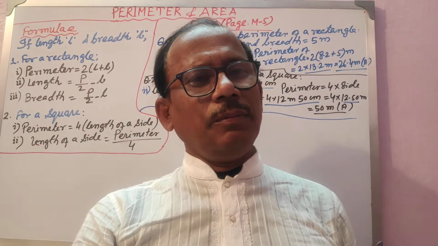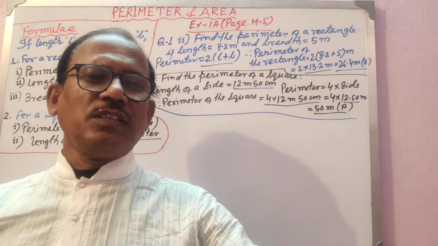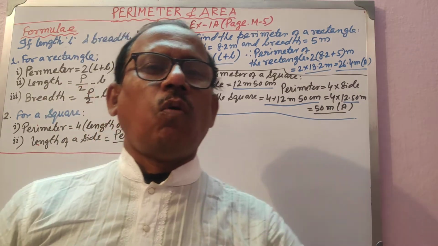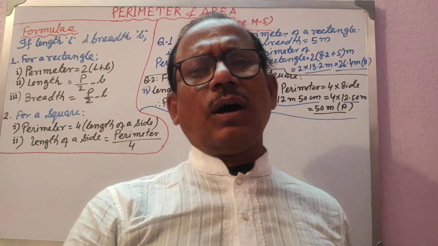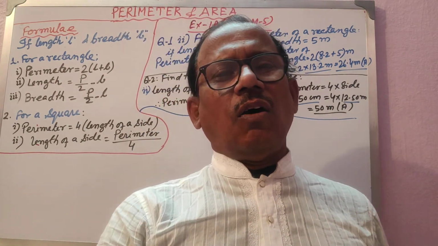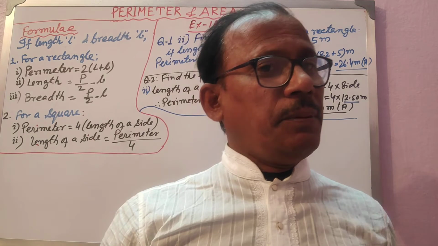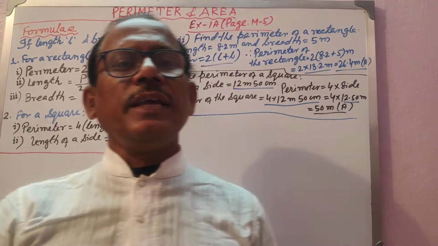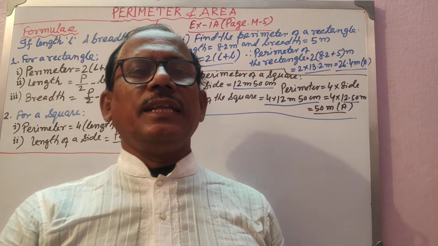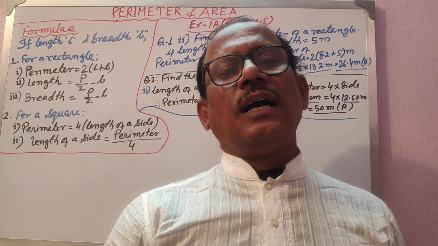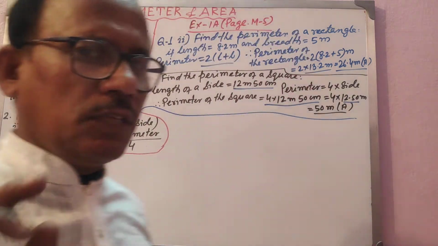Now, see children, in a problem relating to perimeter, it may be said that you have to do the fencing of a rectangular field or a square field, or you need to put a wall around the field, a boundary wall or fencing, or someone wants to run all around the field. That will be covering perimeter. Don't forget that concept. And when you are ploughing inside, or doing tiling on a rectangular or square field, at that time it will be area. Don't forget this concept.